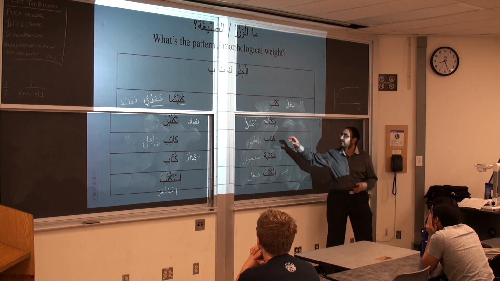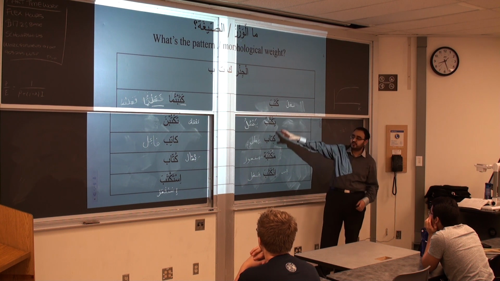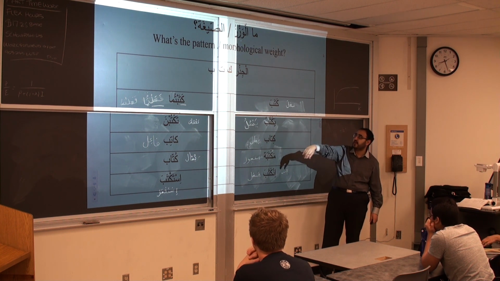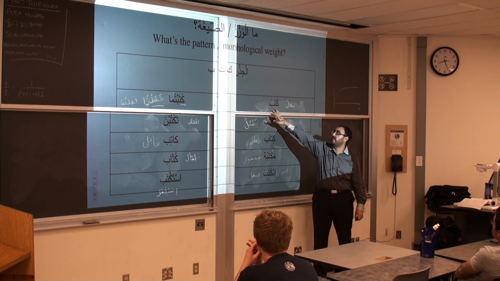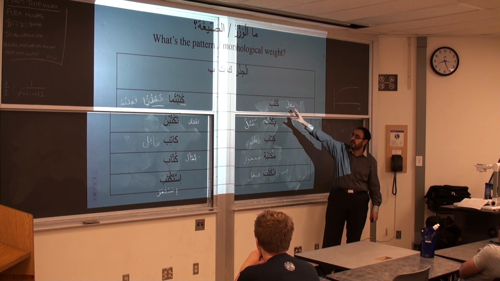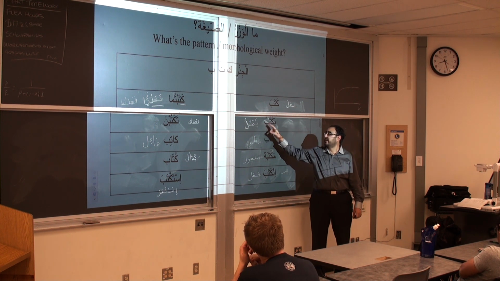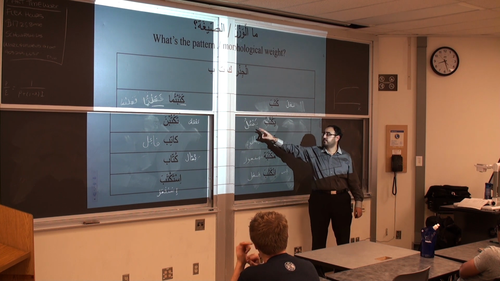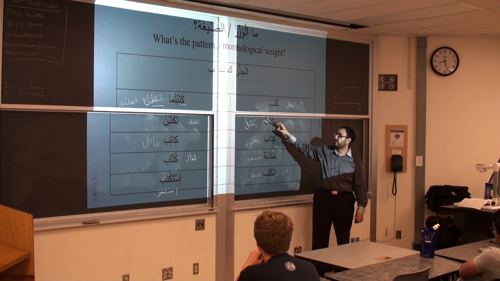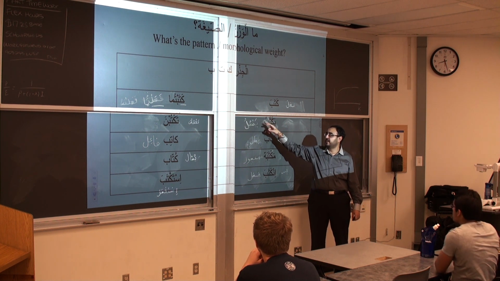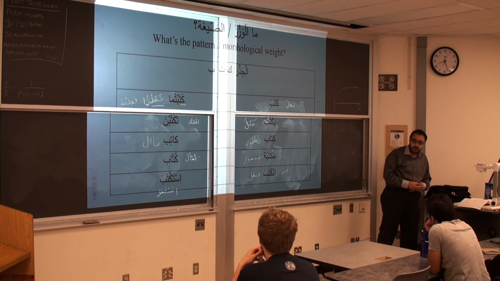For this one, kataba. All of these are sharing the same root, the kaf, ta, ba root. So we replace the kaf with the fa, the ta with the ayn, the ba with the lam, and you add the short vowels in this case. Perfect. Yaktubu, yaf'ulu. Again, kaf, ta, ba are replaced by the fa, ayn, lam, and then you add the ya with the fatha, sukun, dhamma, and dhamma. So it will be yaf'ulu. Please mark your bonus.